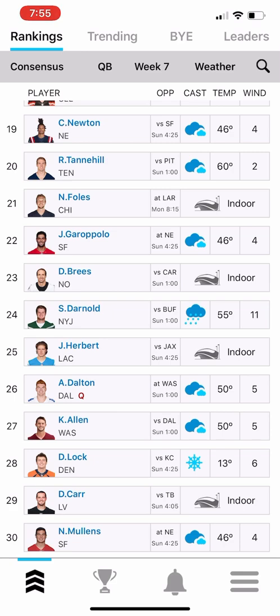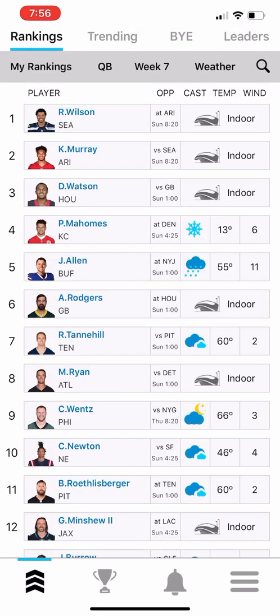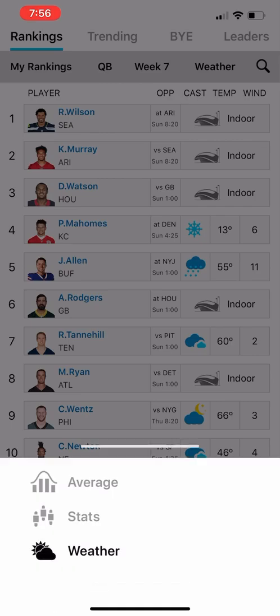But aside from those different views, also in the gray bar, you can tap on the consensus up in the top left corner. And then this will give you the option of either going to your own rankings, where you can move those up and down, set them however you want, or you can go into the rankings of someone that you're following. So when you go into my rankings, what we can do is we'll see that a lot